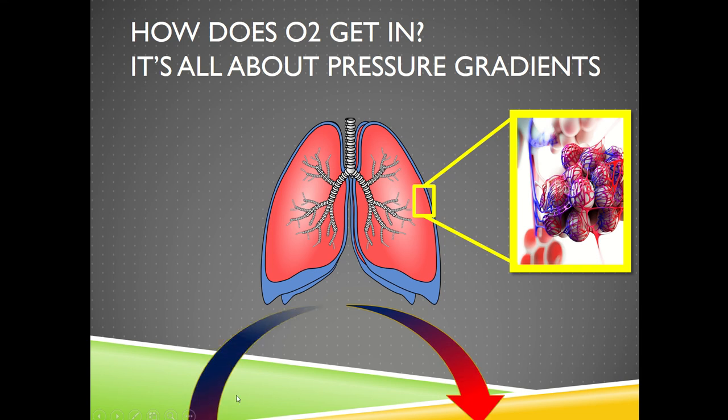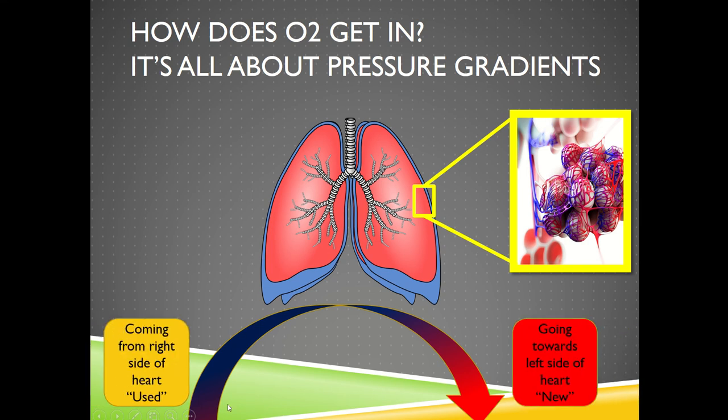And we know that blood flows through these alveoli sacs as it comes from the right side of the heart as deoxygenated blood. And as it moves through the alveoli, it becomes oxygenated blood and moves towards the left side of the heart. So it's coming, quote unquote, used from the right side of the heart and is going to be collected, quote unquote, new by the left side of the heart,